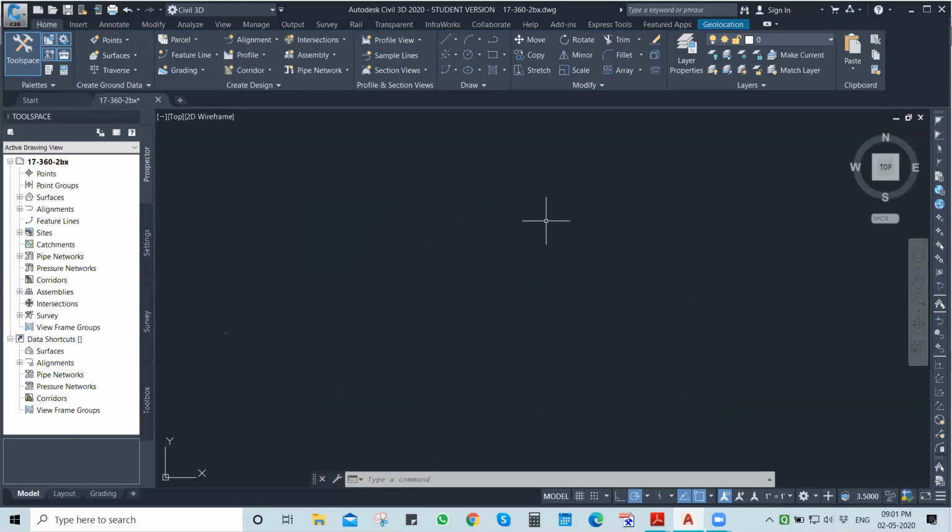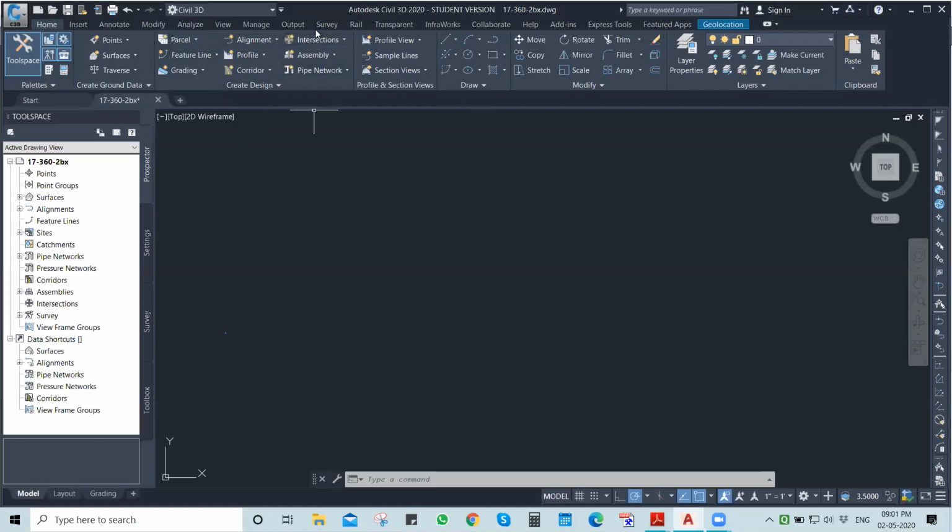So when we start the training, the first 2 days would be training on the 2D commands. You can say a crash course for the first 2 days. Basic 2D commands, page setup would be there. How can you use model space and paper space in AutoCAD? Everything would be covered in the first 2 days. And later on, the Civil 3D tab would be opened for training to you.